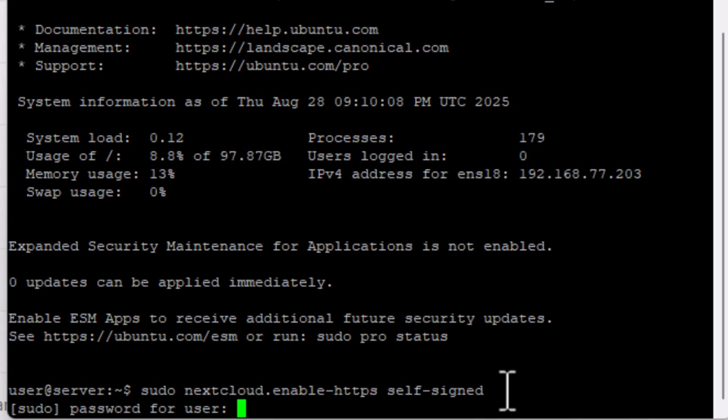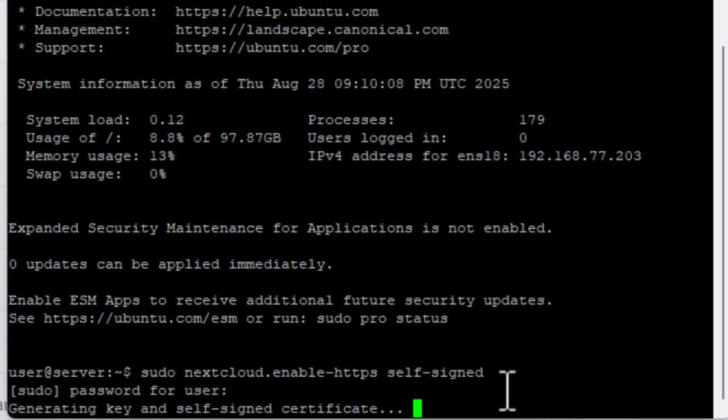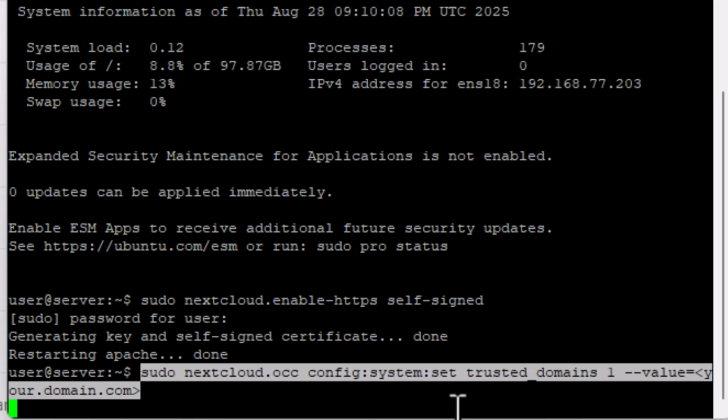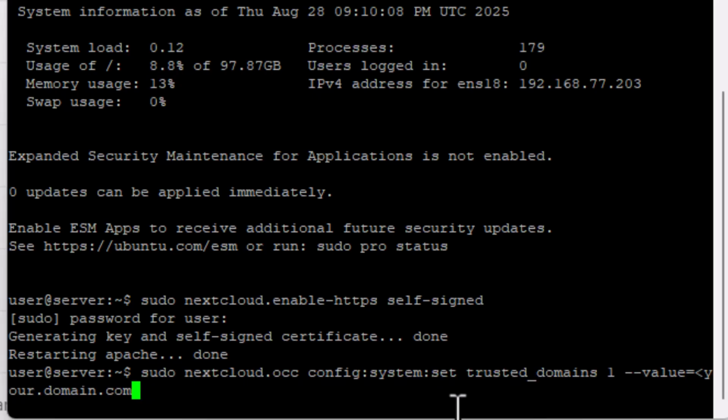Now, you can definitely sign the certificate if you wanted to, but that's a whole other process. I think self-signed works for most people in most situations here. We get that installed. Okay, now that we got the certificate installed, what we're going to want to do is set the domain name that it wants. Now, I'm making this one up here. So yourdomain.com. Let's just say